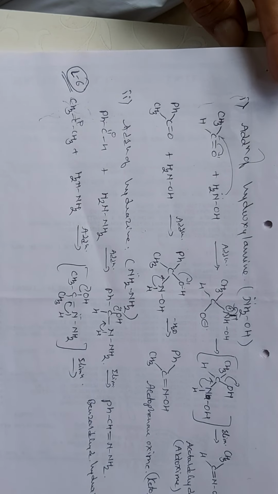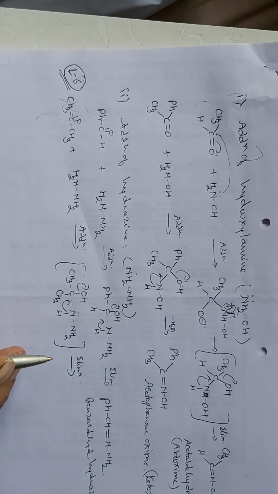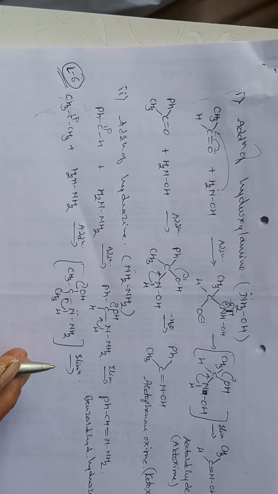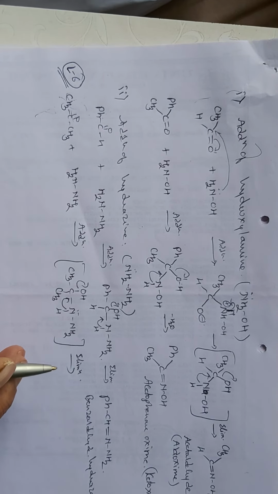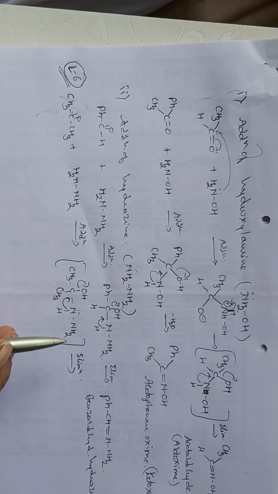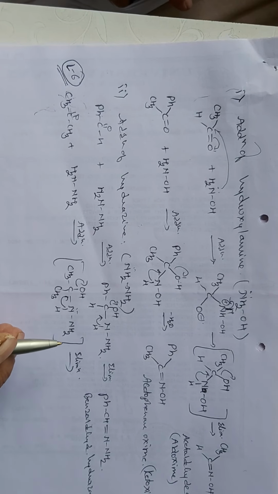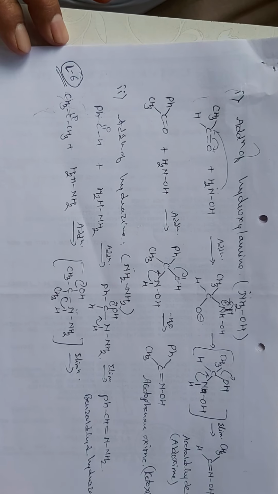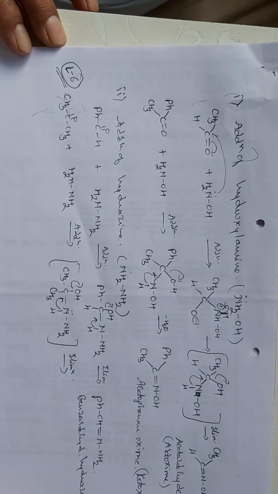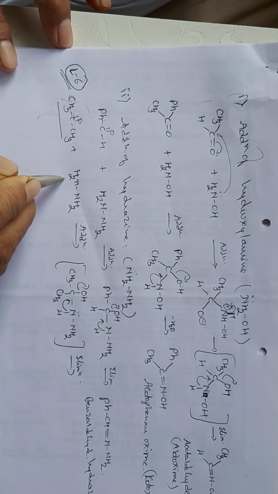So, yesterday we were discussing the addition of the ammonia derivatives with the aldehydes and ketones. We discussed the addition of hydroxylamine, which forms oximes, aldoximes, and ketoximes. And then we were discussing the addition of hydrazine with the aldehydes and ketones. Aldehydes form the hydrazones with hydrazine, and the ketones will form the ketone hydrazones. The example which we were discussing was acetone on reaction with hydrazine.